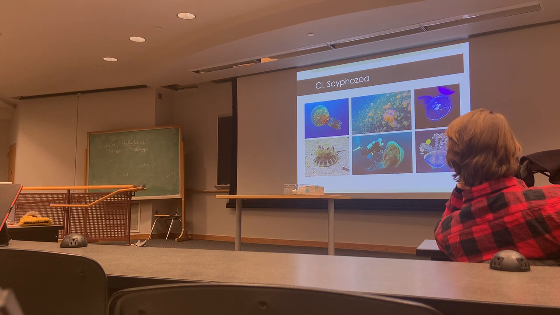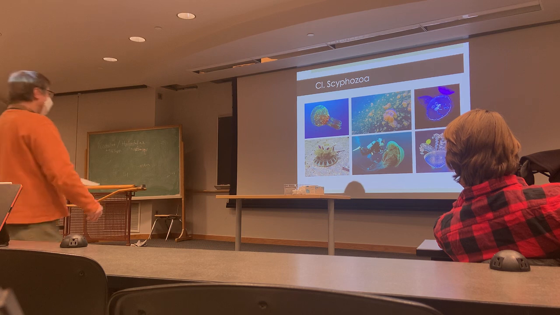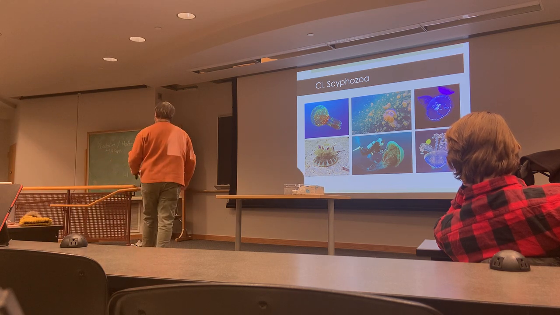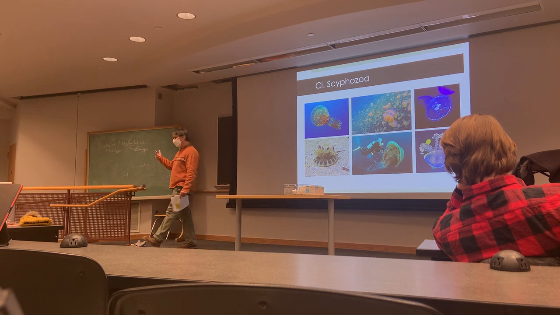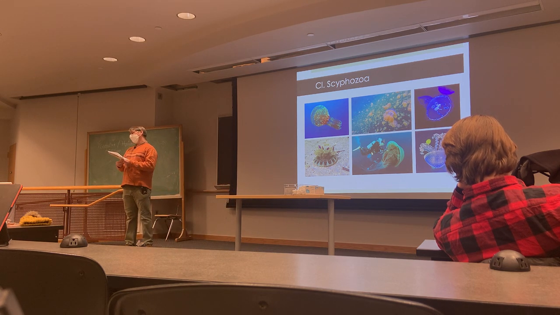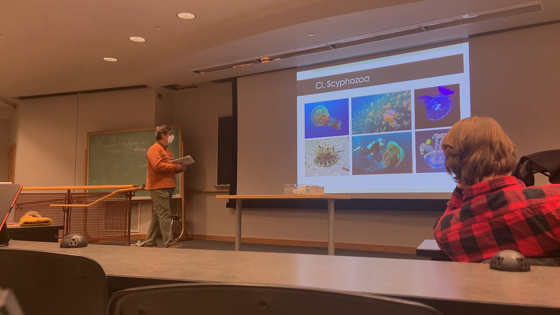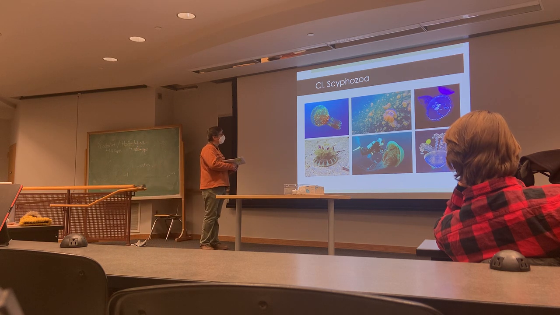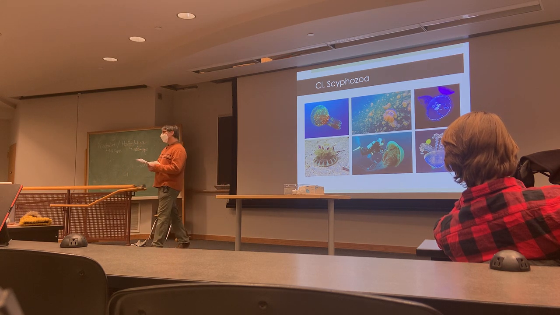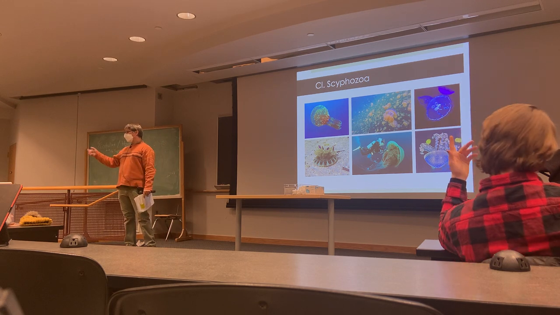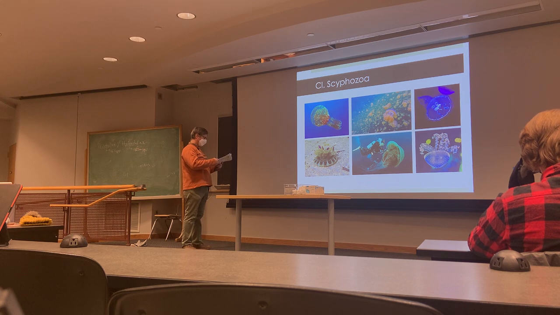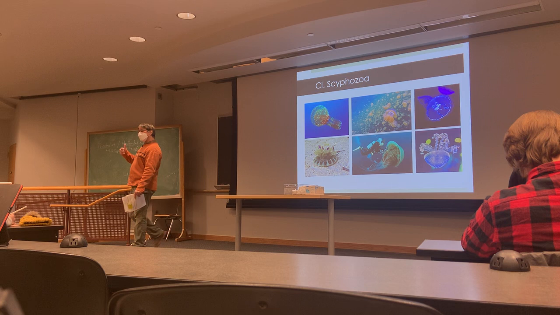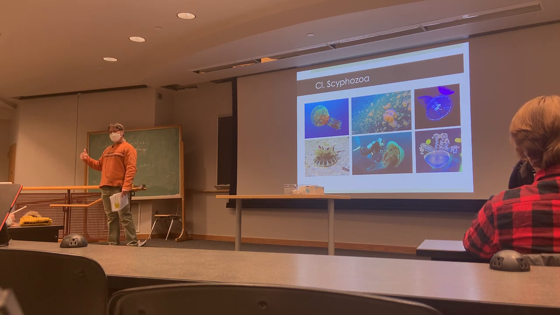Scyphozoa, cup animals, are most predominant in their medusoid stage. They're all marine. They're largely, at least I don't know any exceptions, dioecious, so you have male and female medusoid forms. And their medusae are distinct from those of hydrozoans.